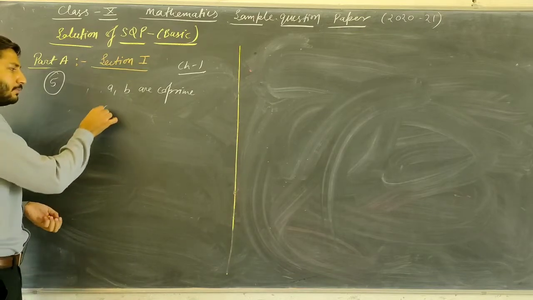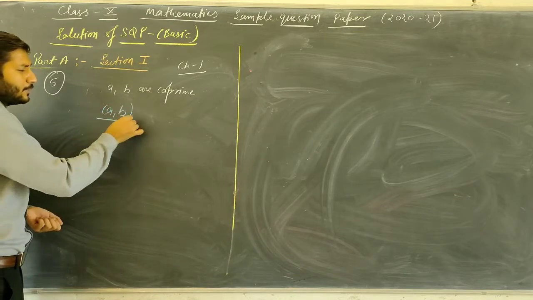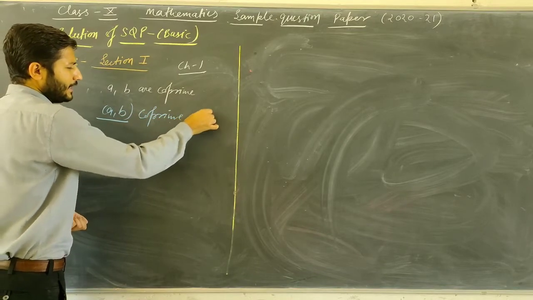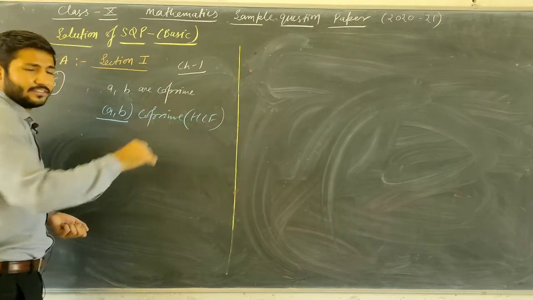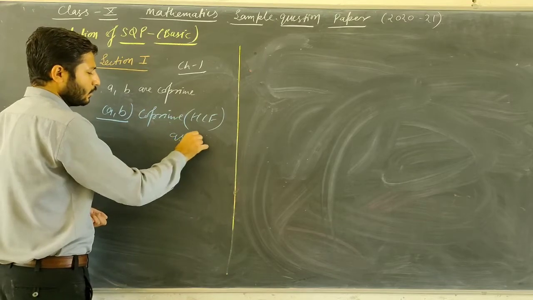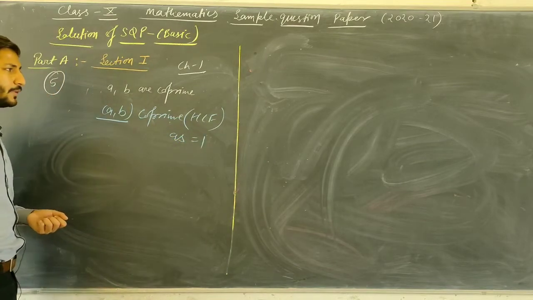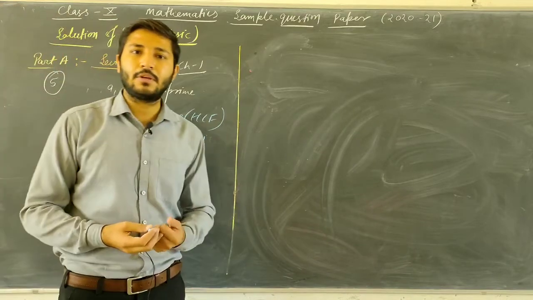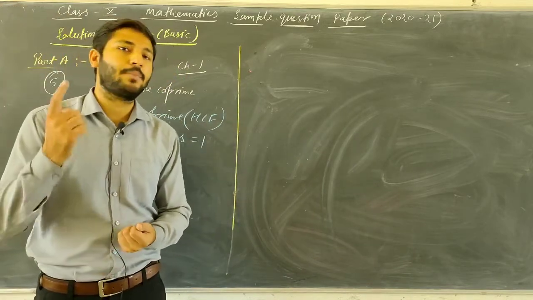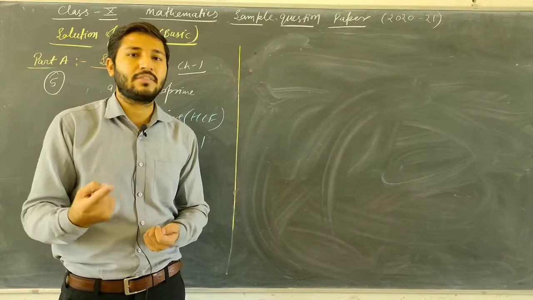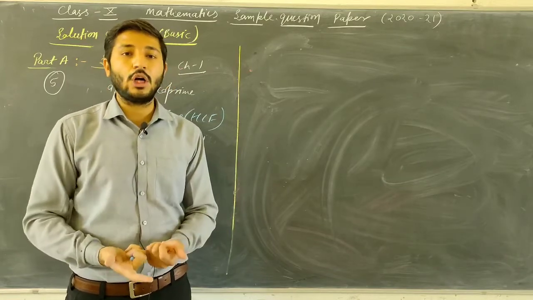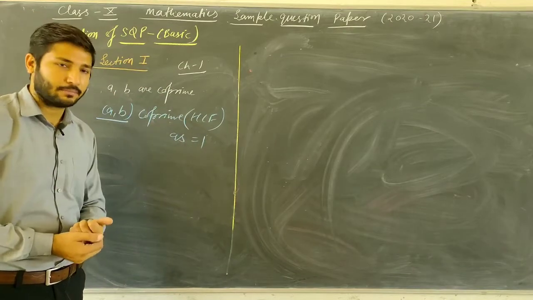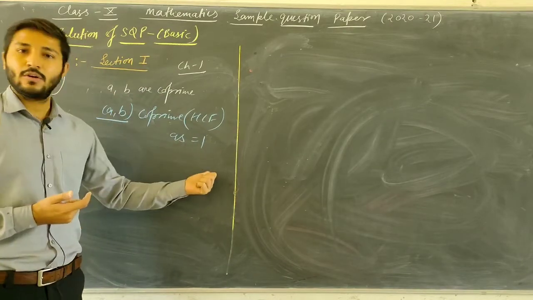If pair of number is co-prime, a and b अपने पास में already क्या given है? Co-prime, then their highest common factor means HCF is 1. उनका HCF कितना आता है अपने पास में 1. You know about that number, the definition of co-prime number. What is the definition of co-prime number? A pair of numbers whose highest common factor is equals to 1. That is called co-prime number. That's why if you are having a and b as co-prime numbers, then the HCF is 1.